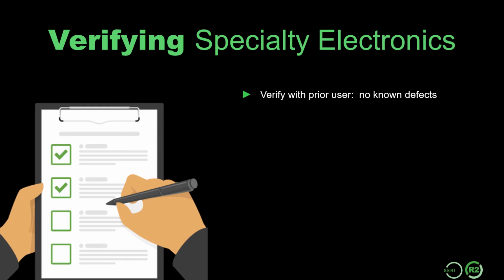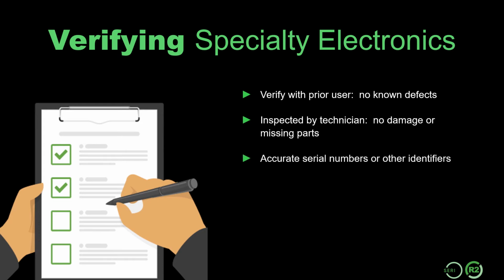Once the equipment is ready for visual verification, a qualified technician is required to inspect the equipment to ensure it's physically sound, with no damage, defects, or missing parts. In addition, the technician must check to see whether the equipment's serial numbers or other identifiers are accurate. The last part of the verification process is to ensure the equipment has been sanitized or is not capable of